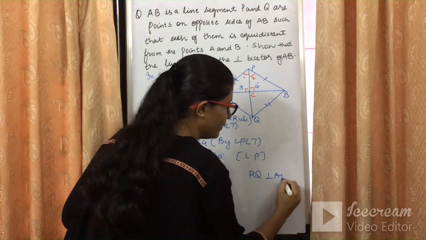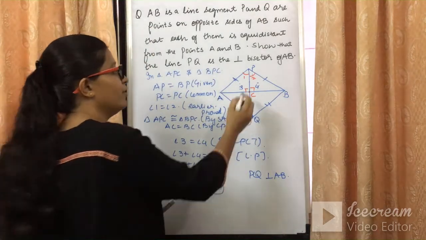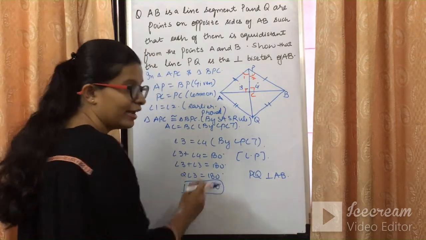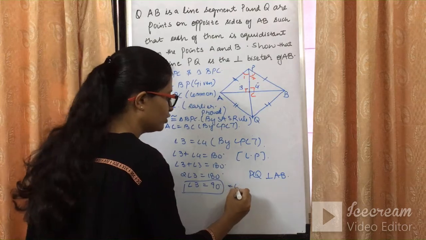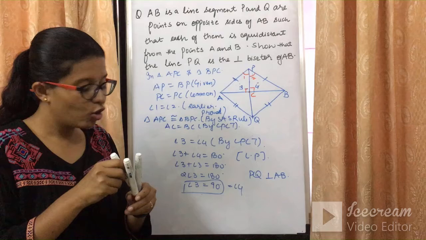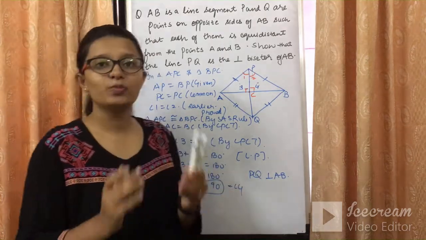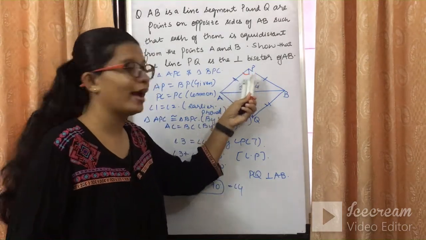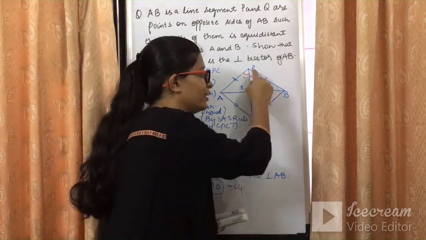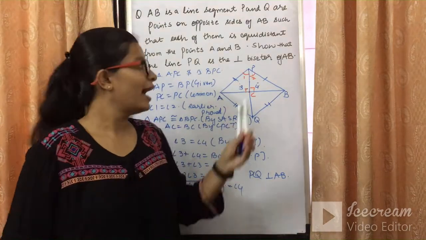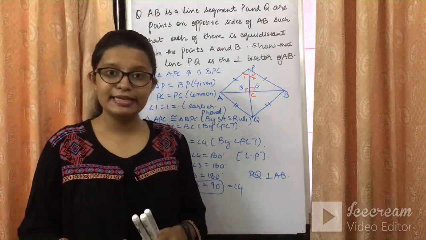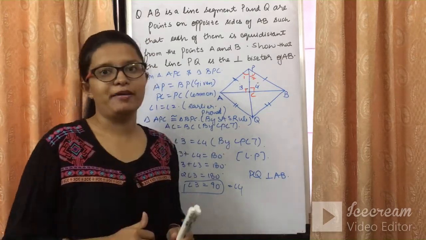PQ is perpendicular to AB. When will PQ be perpendicular to AB? When we prove that this angle is 90 degrees. Now we have proved angle 3 किसके equal है? 90. Angle 3 angle 4 के भी equal है, तो angle 4 भी कितना हो गया? 90 degrees. That's what we wanted. So I hope you see how the question is being framed. Since we did not have these two angles equal previously, we made them equal by using this big triangle, making that big triangle congruent, and then taking these two angles equal. I hope the sum was easy, but it is a little unimportant.